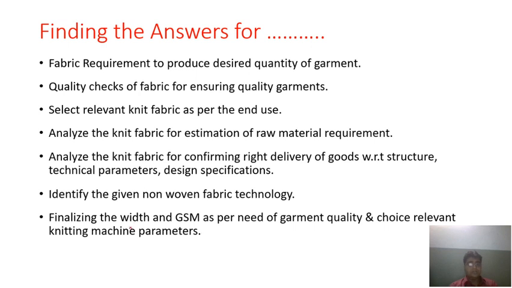For example, let us consider the width. Suppose you require a fabric width in tubular form of 36 inches. Now which machine are you going to finalize? If a vendor does not have a 36 inch machine, then dealing with such a vendor is of no use. So you must know that to get this 36 inch width of fabric, you have to deal with a vendor who has a cylinder diameter of 36 inches.